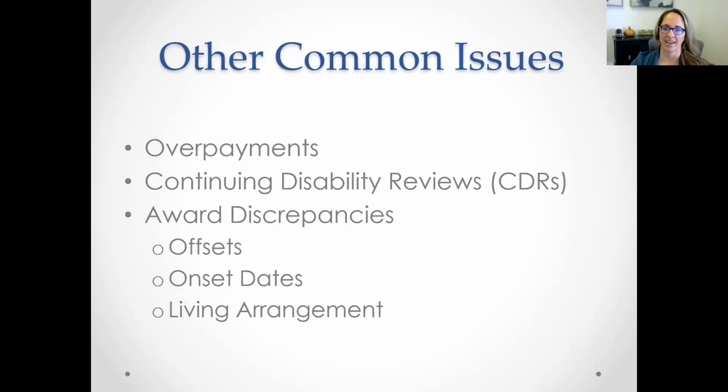Other issues that can happen is you get on disability. It's very common, usually between 1 and 5 years, for cases to be reviewed to make sure that person still meets the disability requirements. And so the Social Security state agency, usually just at random every 2 to 5 years, flags a case and says, okay, I'm going to look and see if they still qualify. Other people, when they're approved for disability by a judge, the judge even says, I'm going to give you these disability benefits, but I think that you're going to improve possibly with new treatment. So I'm going to put a flag on the case for you to be reviewed in 18 months. So this happens, and they're called continuing disability reviews.